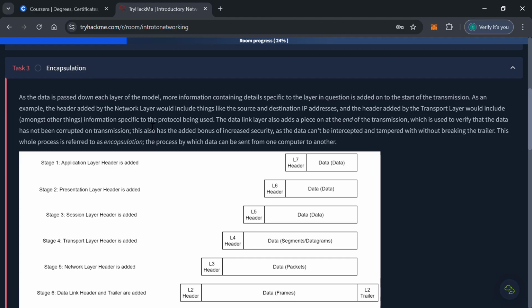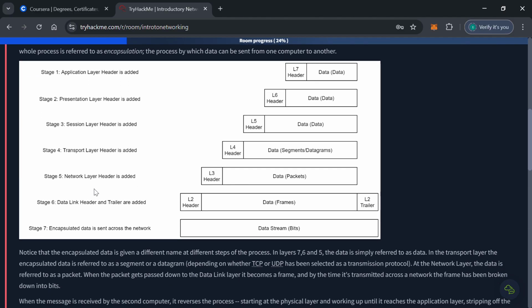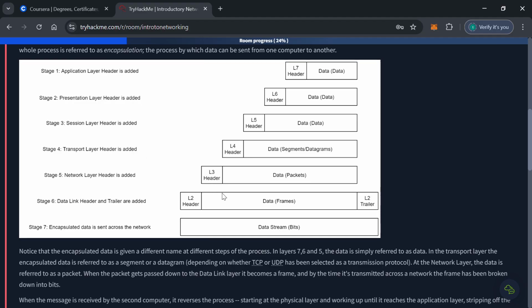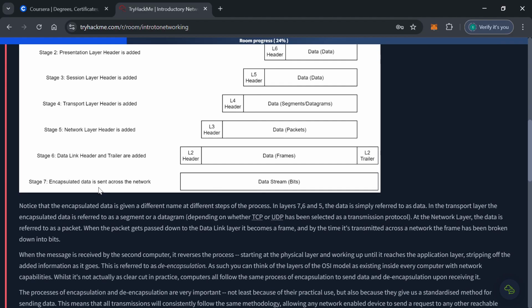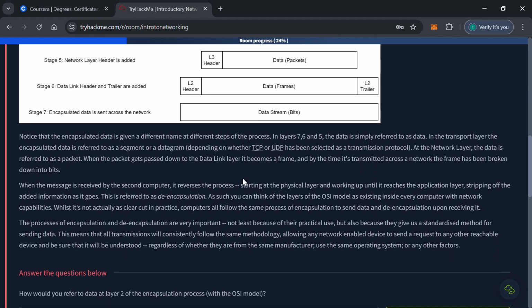This whole process is referred to as encapsulation, the process by which data can be sent from one computer to another. So at the application layer, its own header is added. Same applies to layers 6, 5, 4, 3. Then at layer 2, we have the header and the trailer. Then at layer 1, we have the bits, right? So you notice that the